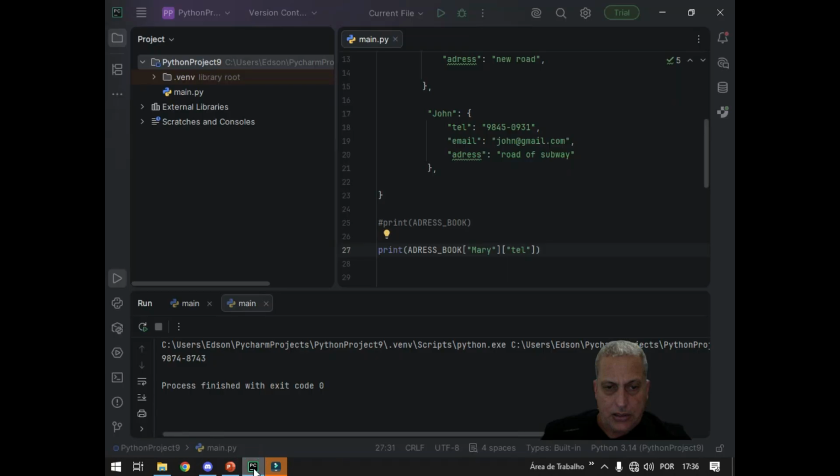We can see here in our code, address book is one box or one variable. After that we have the name, for example, John,